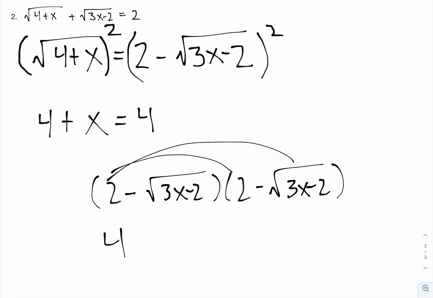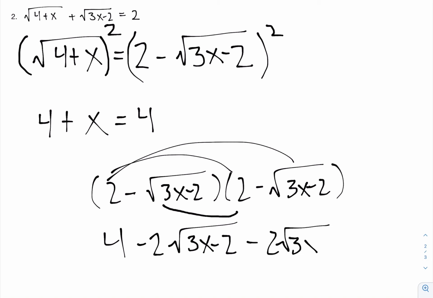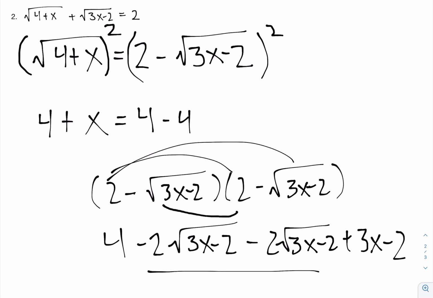Now let's do 2 times negative root 3x minus 2. So that's going to be negative 2 root 3x minus 2. Now I have to do this negative root 3x minus 2 times this 2. So we're going to subtract 2 again. And then finally we have 3x minus 2 square rooted times 3x minus 2 square rooted. They're both negative, but that's going to cancel because a negative times a negative is a positive. So we just get plus 3x minus 2, right? Because we're basically squaring the square root. So we get 4, and then combining these terms, minus 4,